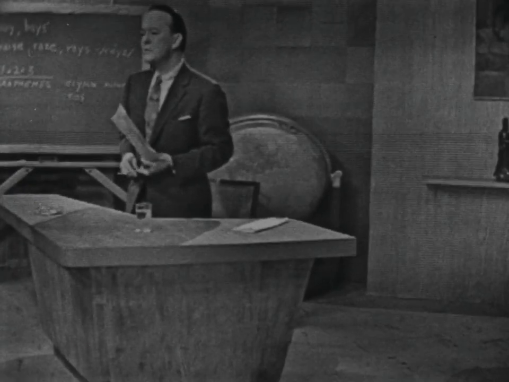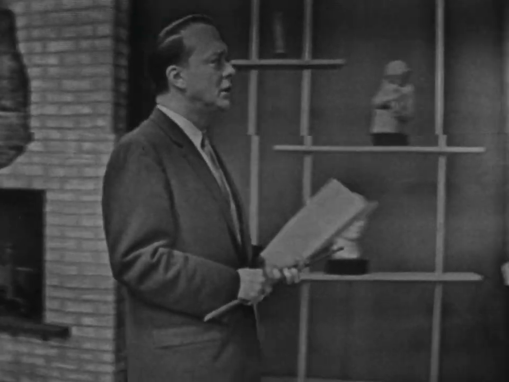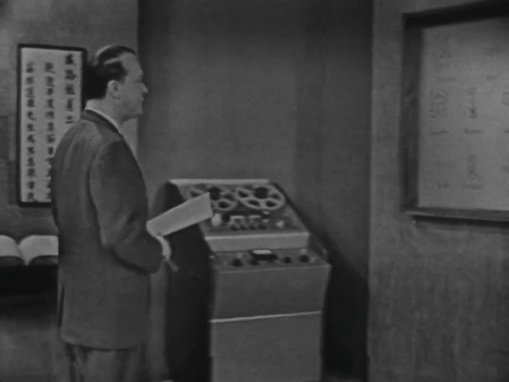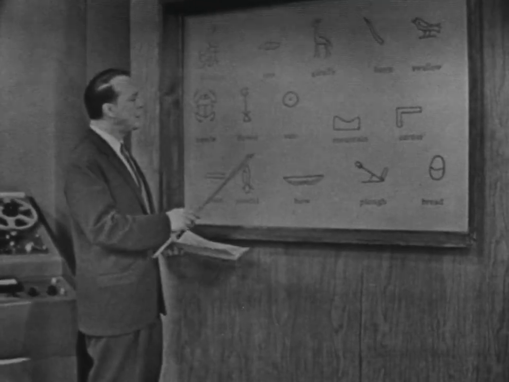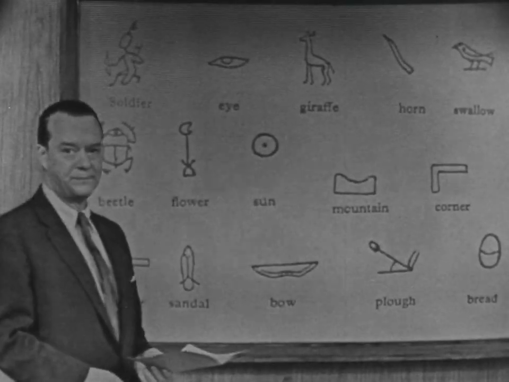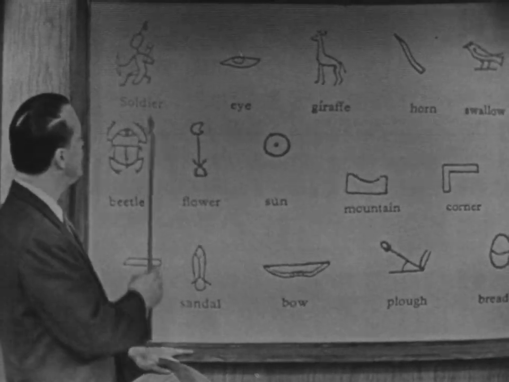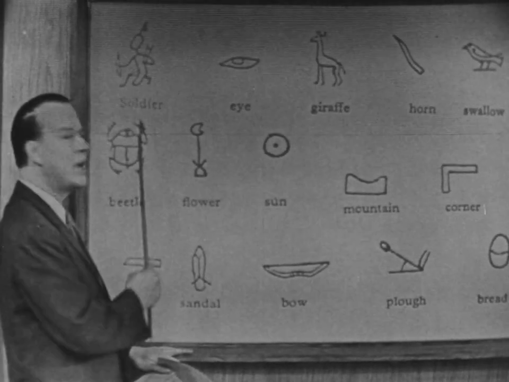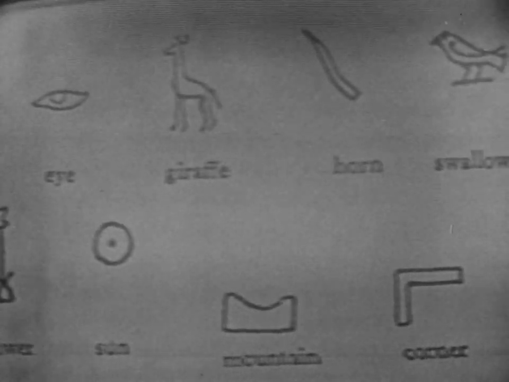The hieroglyphic writing system. Now, I suppose most of us, when we think of the hieroglyphic writing system, actually think of it as a series of pictures, completely a picture writing system. But it wasn't just that. Although actually there were, of course, picture symbols, ideographs or ideograms, in this writing system. These were the hieroglyphics we had on the board just a moment ago, at the beginning of our program. And of course there were pictographic representations of relatively concrete things: the soldier, the eye, a giraffe, a corner, a loaf of bread,